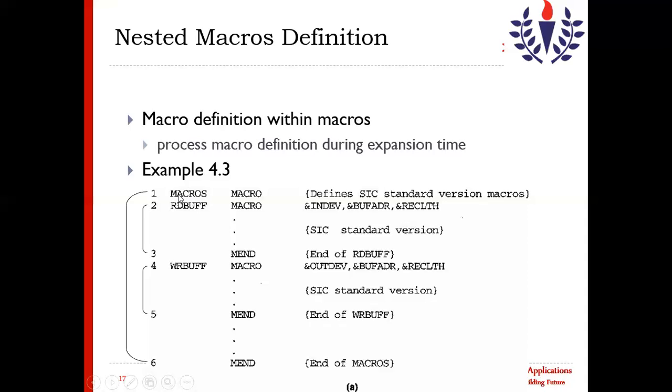When our program is checked again, one macro definition will come again, and again one macro definition will come. So it is written here: process macro definition during the expansion, meaning this main macro will get expanded, but inside it there will be further macro definitions. This is the concept of nested macro definitions.